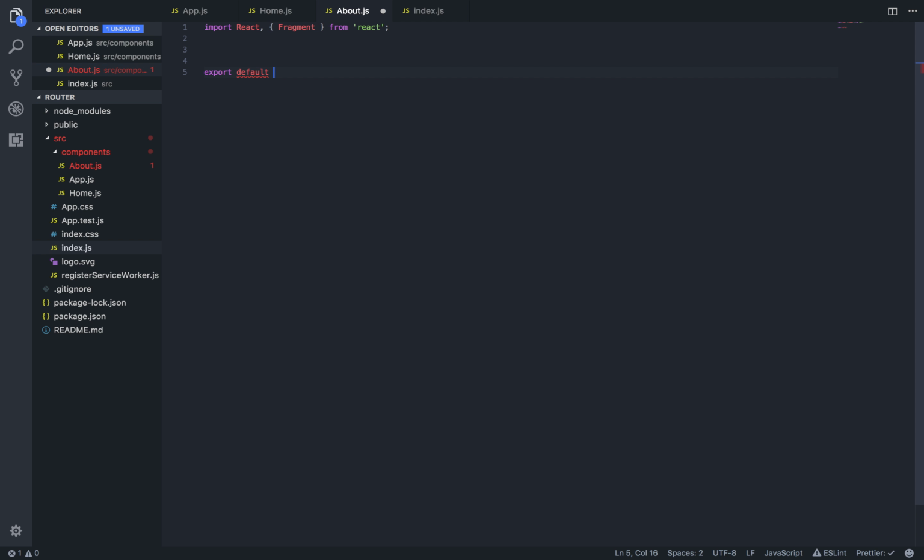Export default About. All right, so we're still going to make this a presentational component. About takes props, although we're not going to be using any props. And then return, don't forget the return. I sometimes forget to do that if I just have a presentational component. And then now, instead of saying div, like this,